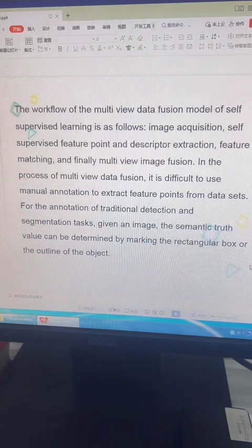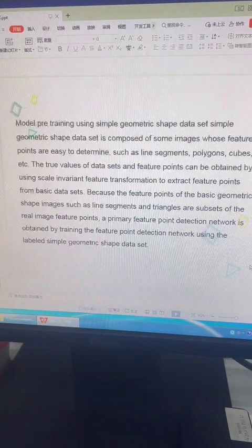Given image, the semantic Shandong value can be determined by making the box or the outline of the object. Model